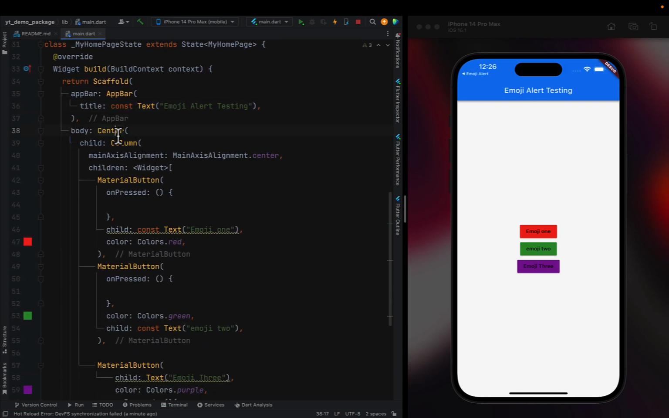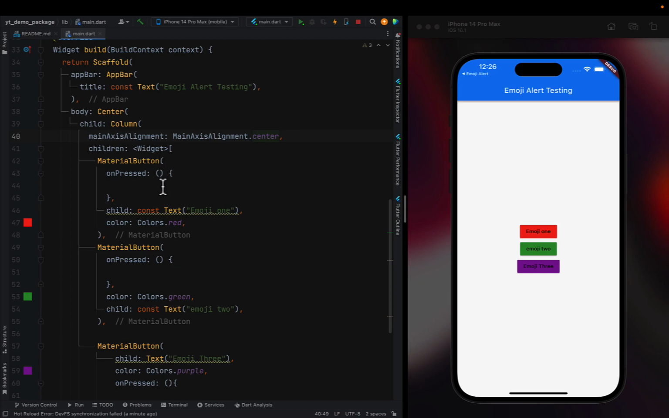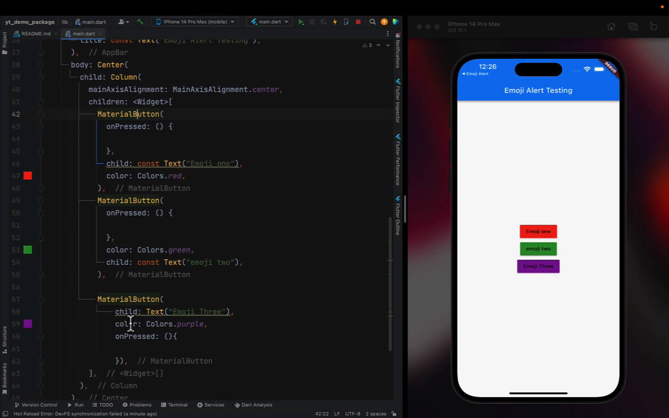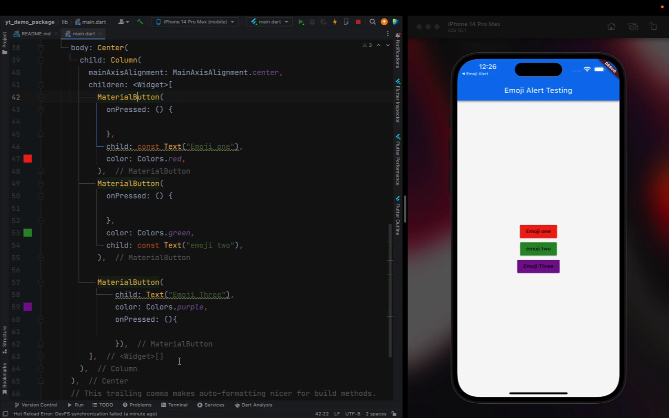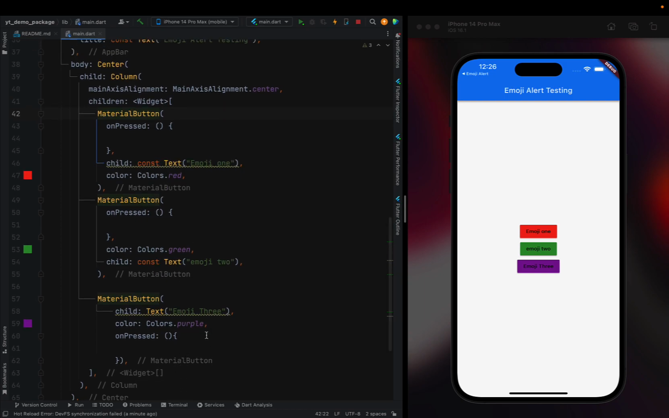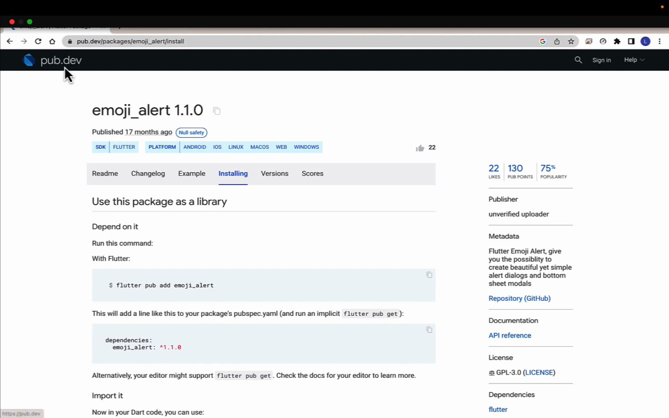In the body, I have a center with a column, and in the column, I have main axis alignment as center. And then I have my children widget, and I have 3 material buttons, all different colors, red, green, and purple. So the first thing we want to do is we want to go over to our friend PubDev, look up Emoji Alert